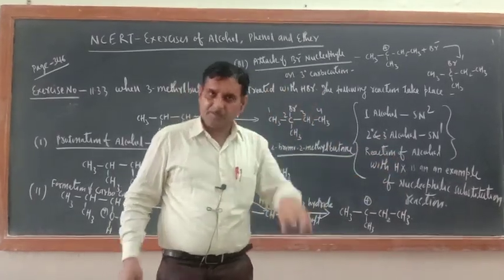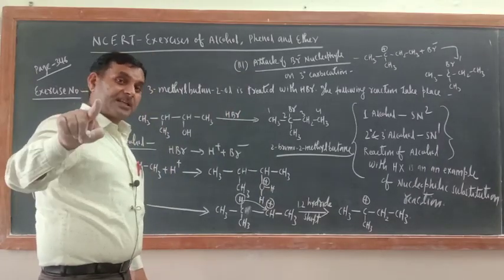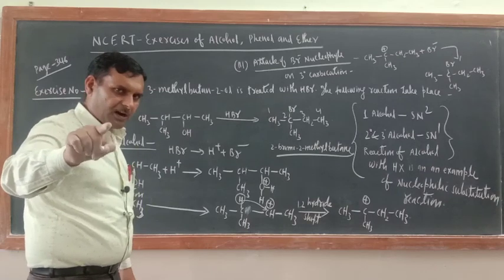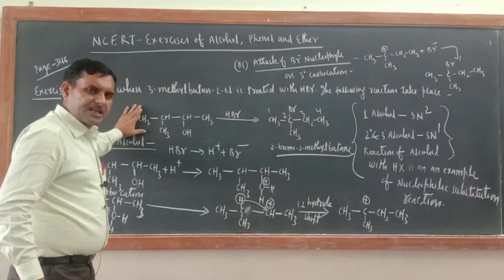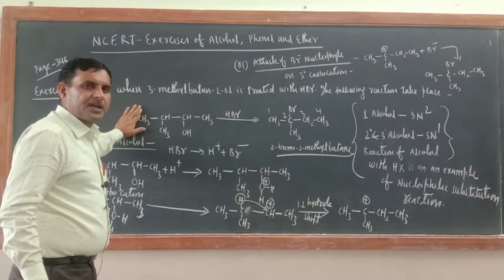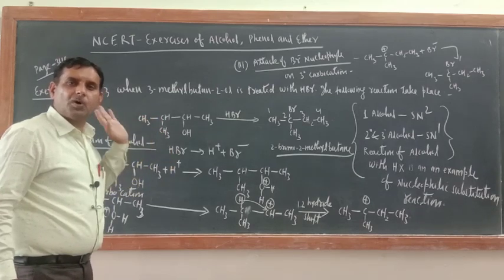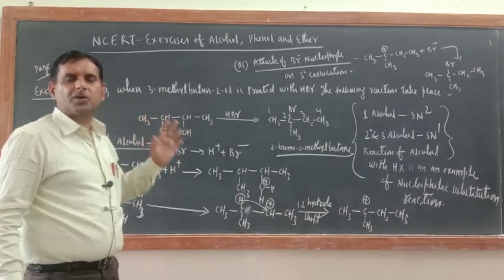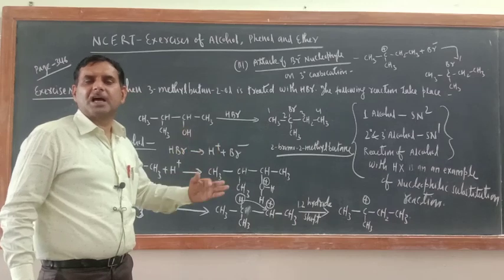And always remember, wherever carbocation is formed, always see whether there are chances to form a more stable carbocation or not. Now, do you know the purpose of giving this reaction? To get the most stable carbocation, 1,2 hydride shift and 1,2 methyl shift are important. To get a more stable carbocation, this is the only way: 1,2 hydride shift, 1,2 methyl shift.